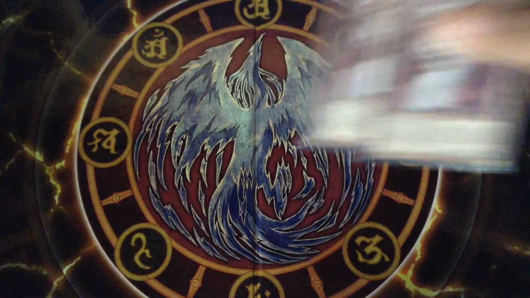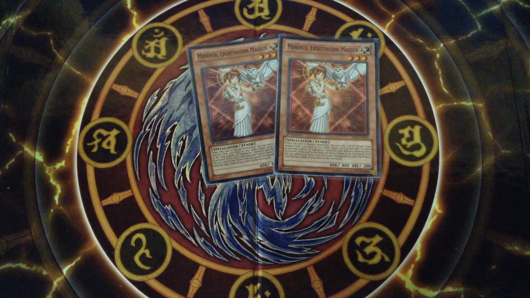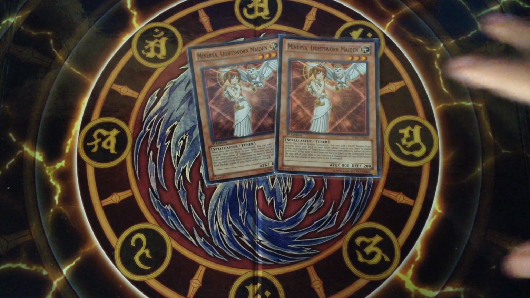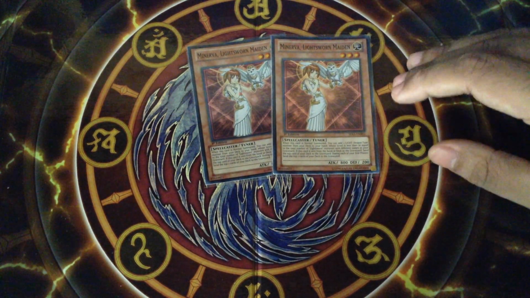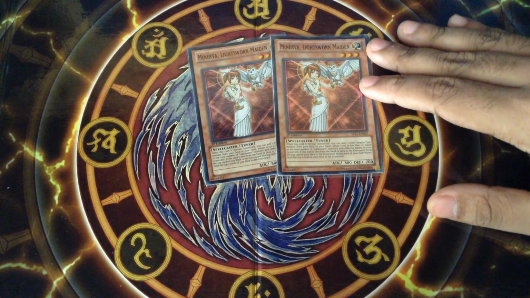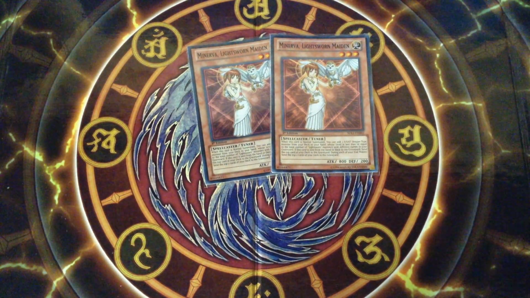Next, I play two Minervas. Now I do not like the effect of Minerva because you practically need 7 different Lightsworn monsters in your graveyard to bring Judgment Dragon from your deck with this effect, which is quite bad in my opinion. So I just use this card because it's a tuner monster and it helps you to get to your Michaels and other level 5 synchros if you have a level 2 monster like